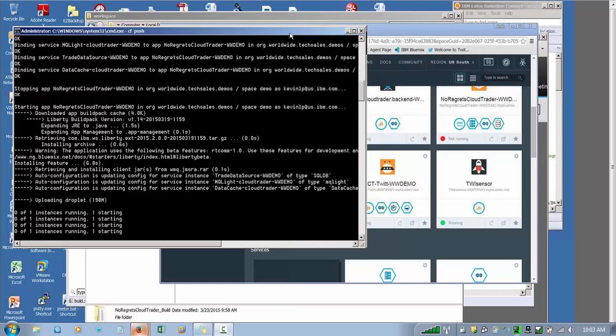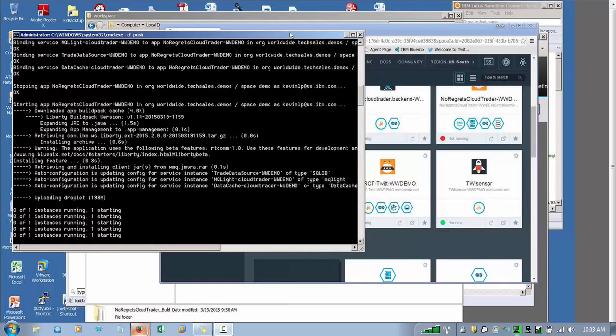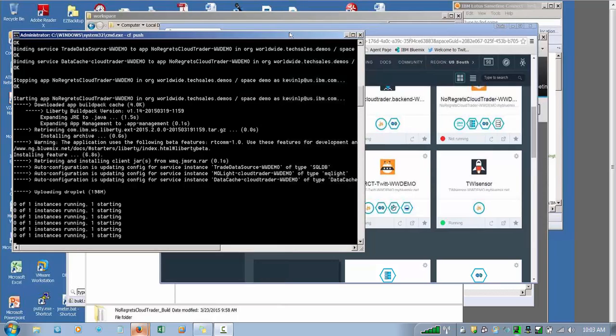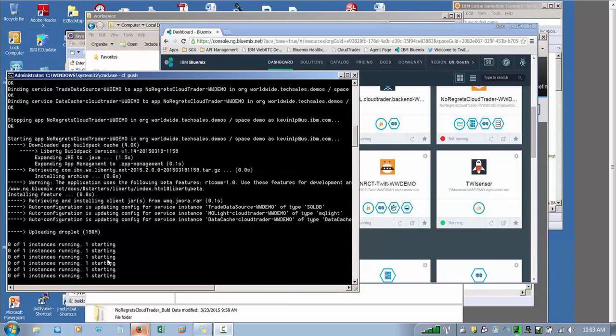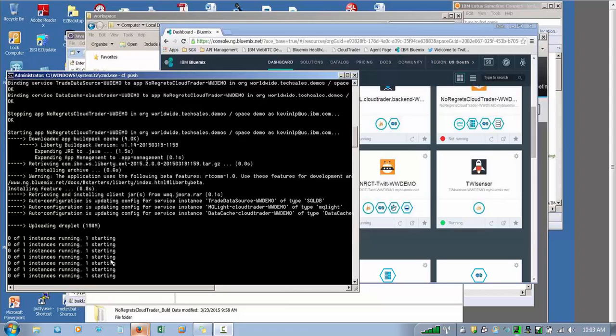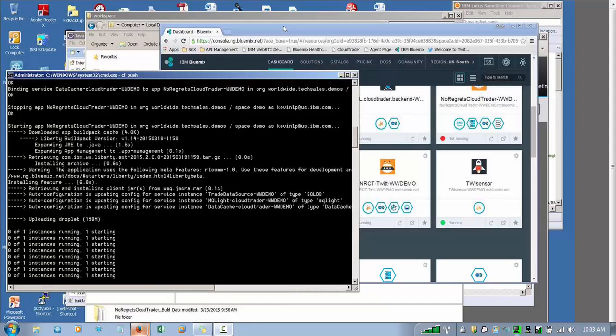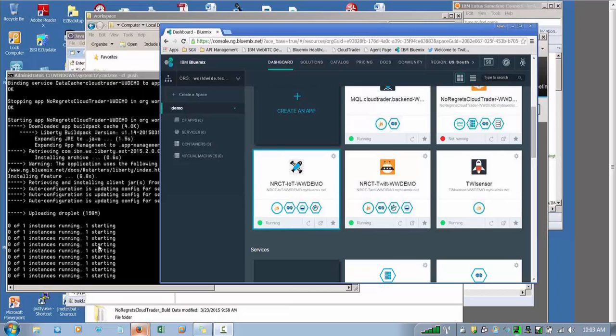So this Bluemix, I think there's two regions in Bluemix. There's a south region that I'm in, which is actually in Dallas, Texas, and I understand there's one here in UK somewhere, right here in London. Yeah. So I'm hooked back to the one in Dallas. So hopefully this guy starts pretty quick. I don't know how long it usually takes to start from here, but usually I don't see so many start